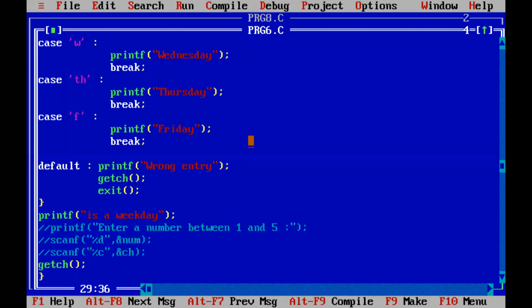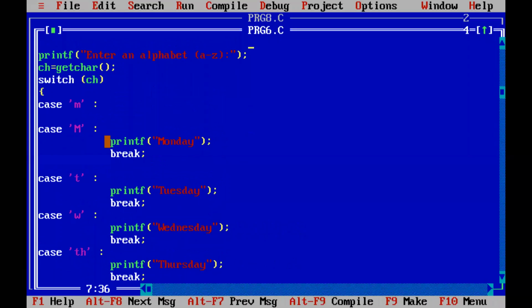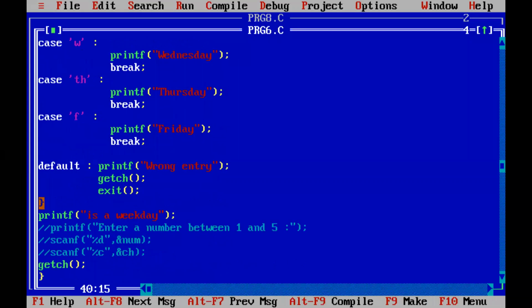I gave the printf after, in order to show that after executing the statements given after the case label, it will move to the break. When a break is encountered, we will study it in the next chapter, but still I am telling you, when the program encounters a break, it will exit from the switch case. Understood? As soon as the break is encountered, when the case label is matching, it will print this line, and when the break is encountered, it will jump out from here. It will not execute the other lines of statements. It will come over here and print is a weekday, and then it will move towards the getch.